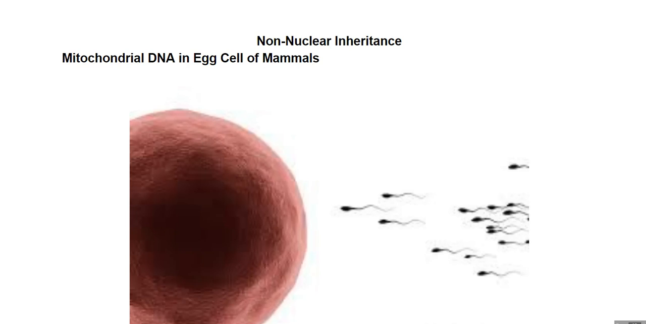Our next example of non-Mendelian inheritance doesn't have anything to do with nuclear DNA. Instead, we're going to talk about inheritance of mitochondrial DNA, and also inheritance of DNA that's found in the chloroplast. So let's first discuss mitochondrial DNA and why I know that you inherited your mitochondrial DNA from your mother